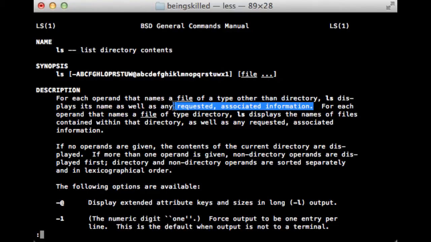By requested and associated information, we mean the date of modification, or maybe the file permissions, or who is the owner of that file, what is the location of that file. So these are the associated information of any particular file or folder.